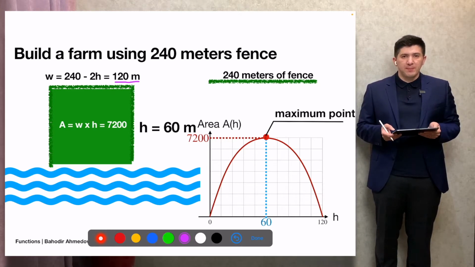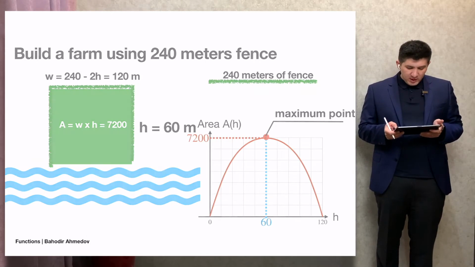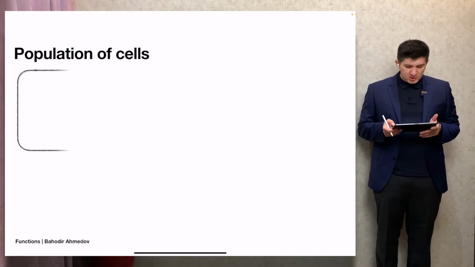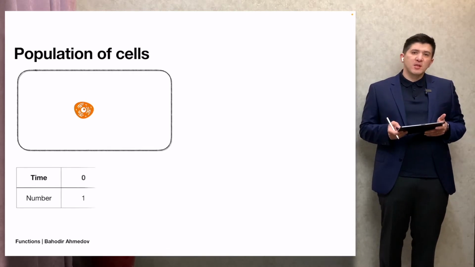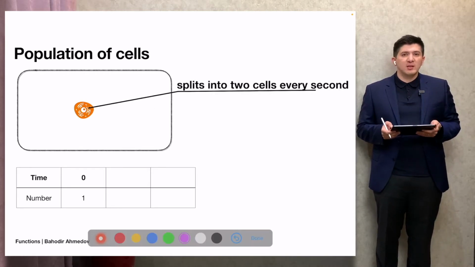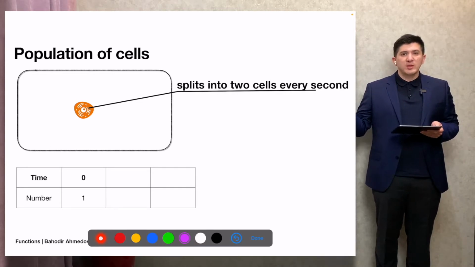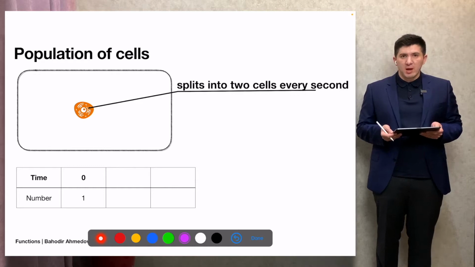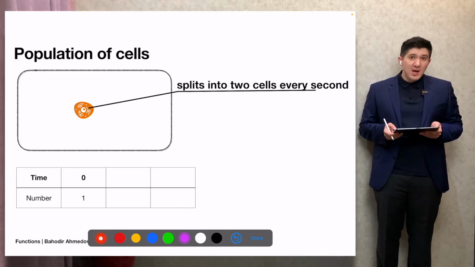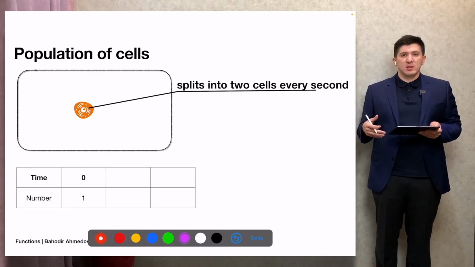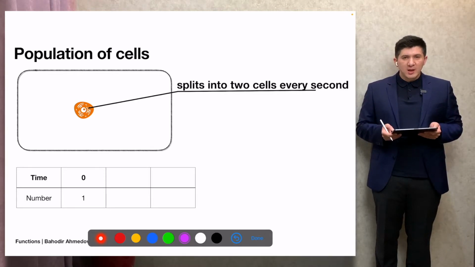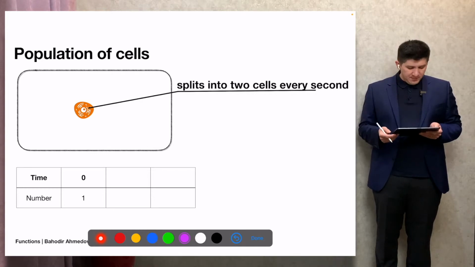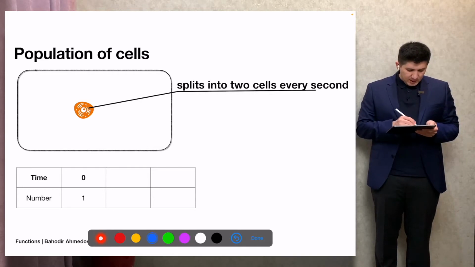Another important type of function is called exponential functions. Most of the time they can help us understand the growth or decay of a lot of biological and chemical things around us. For example, we can understand how cells are splitting, or the number of cells over time, using the exponential function. So let's say you've got a cell, just one cell, at the initial